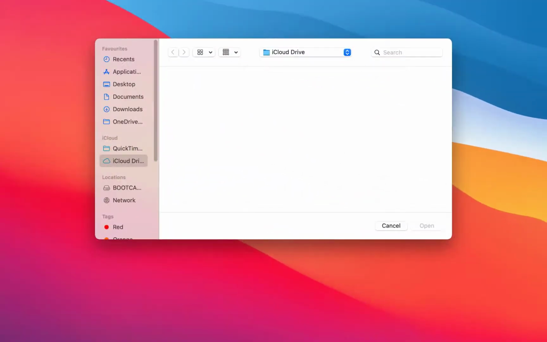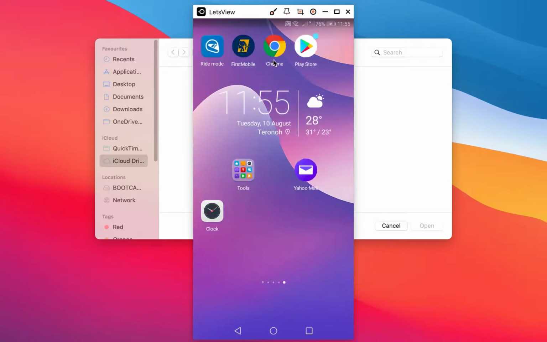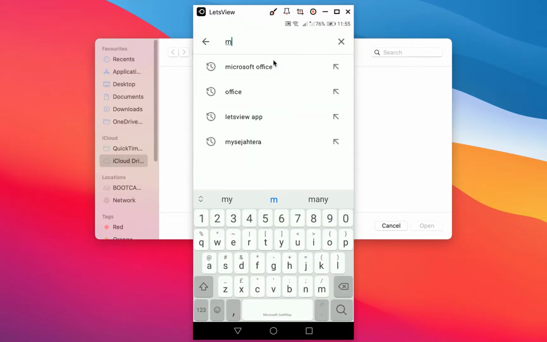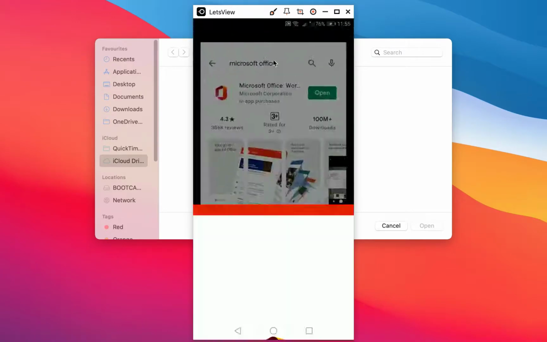The third step, which is usually my favorite, okay, is the use of the mobile Microsoft Office. You can easily access it, and there is a function called Sign PDF, and you can use it directly to sign your document. If you don't have that functionality on your phone, all you need to do is to come over to Play Store and you can search Microsoft Office. Right, you see it over here, and you can easily download and install. I've already downloaded and installed mine, so I'll just go ahead and open,